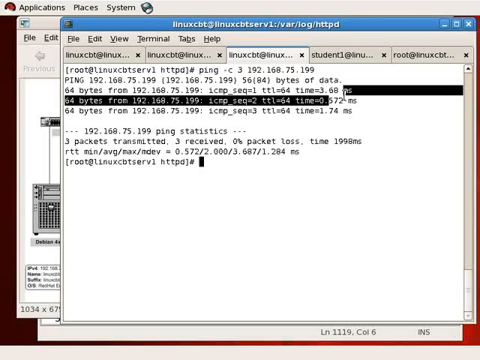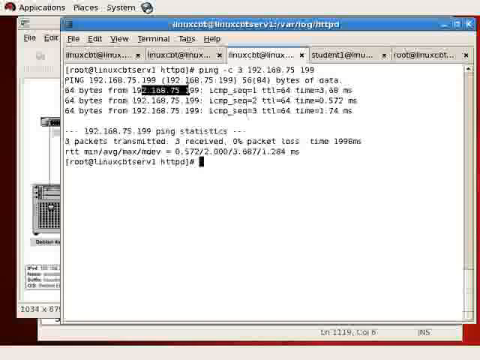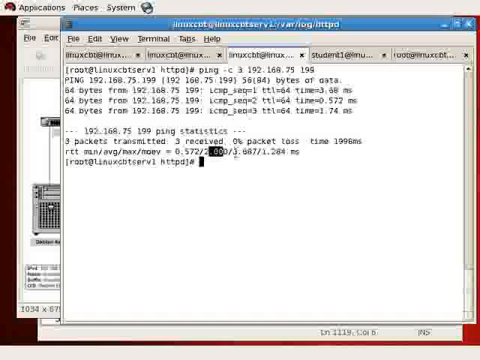Communicated or set up communications with a host using ICMP, TCP, UDP, any protocol, subsequent communication streams tend to be quicker. The setup stream, the first packet, tends to take a longer time, but once the host is up and running and responding, communications speed up. The third, although faster than the first, was slower than the second, but still fast in the overall scheme of things. And then we get the fact that we lost no information, and it took just under 2 seconds to